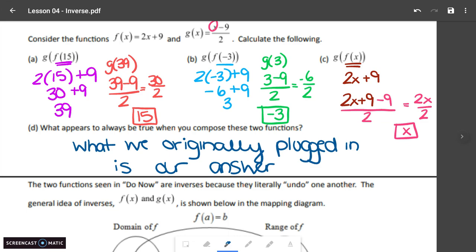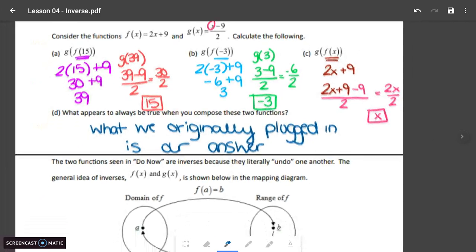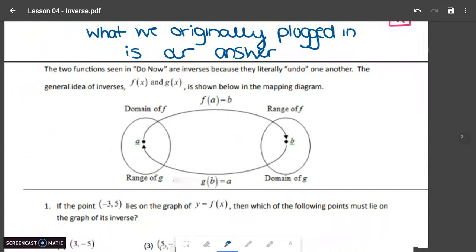Okay, so that's what an inverse function will do. Anytime we have that, if we plug it in to both a function and its inverse, it's going to just undo what happened. So really, if we think about that a little further,